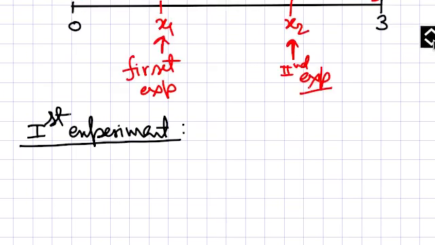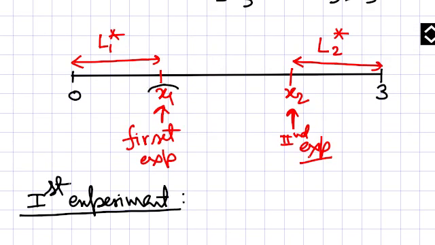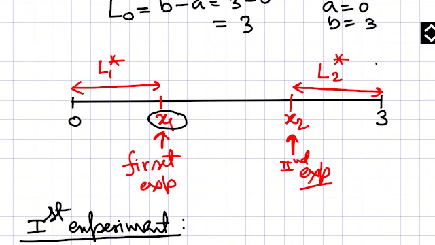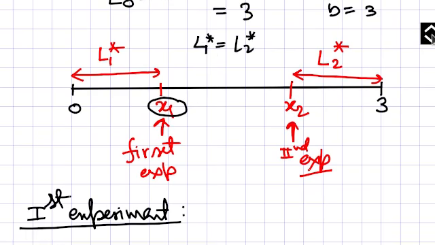In this case we will decide the value of x1, and how to get this x1. First we need to find the distance L2. Actually these two distances are equal, so you can find L2 or L1, whatever.